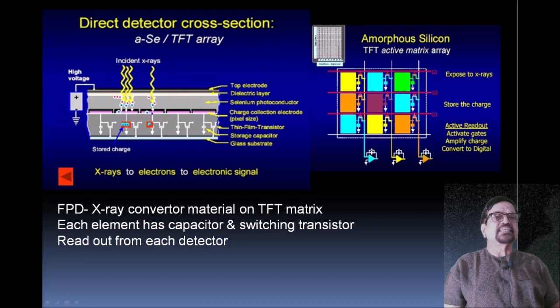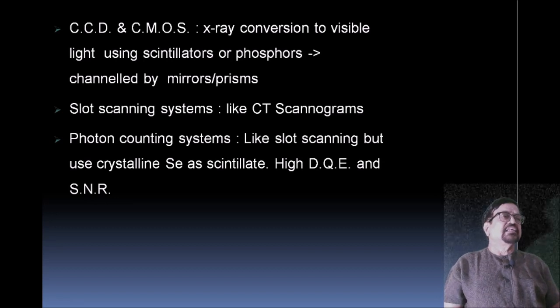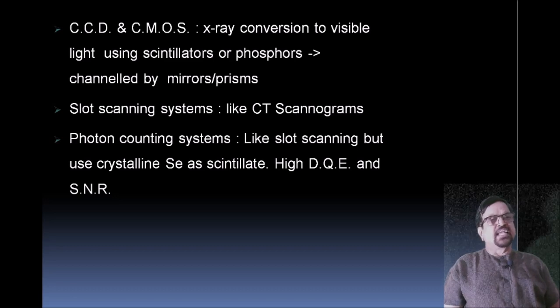Here, as you are seeing, first there is exposure to the X-rays, then there is storage of the charge, and then there is active readout. These are the three steps. Now, CCD and CMOS, what is it? X-ray conversion into visible light using scintillators or phosphors. The role of CCD or CMOS is to convert X-rays into visible light that is channeled by the mirrors